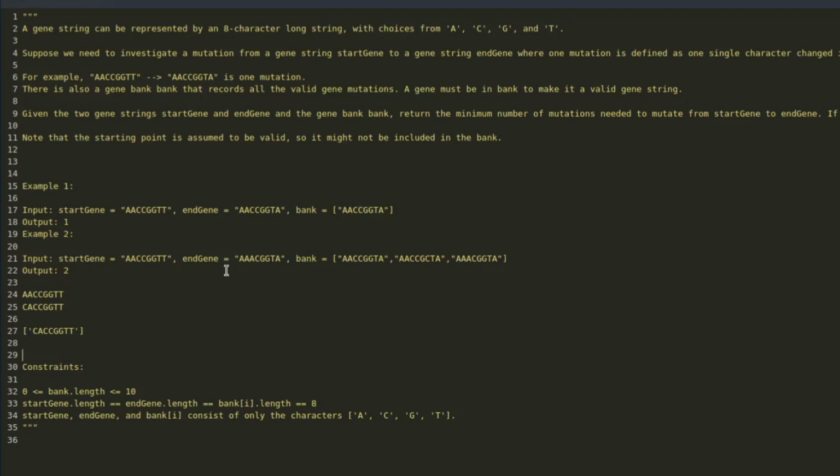So I think if the position of the letter matters, this could be broken up into two different steps, right? When I think of returning the minimum number of mutations needed to go from start to end gene, that means you're doing something like performing breadth first search on some already constructed graph, which would give you the minimum number because it's the lowest number of edge traversals you can do. But then now to create that graph,